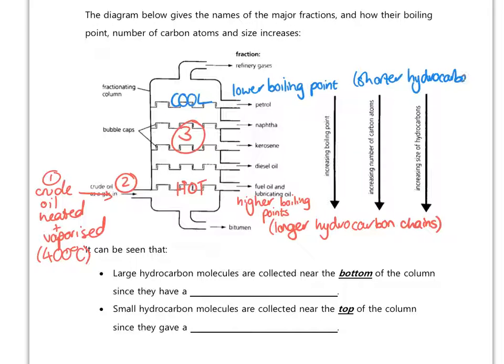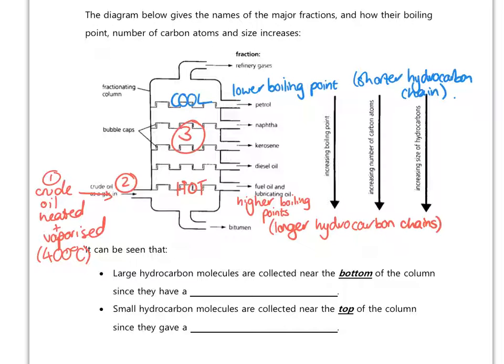So essentially the length of the hydrocarbon chain is getting shorter as you rise up the fractionating column. Your shorter hydrocarbon chains are at the top of your fractionating column because they have the lower boiling point, so they will rise up further as a gas. They will stay as a gas longer essentially until it's cooler and reaches the point at which it turns into a liquid again. And it's your longer hydrocarbon chains that have higher boiling points, so it will separate off down at the bottom of the fractionating column where it is hotter.